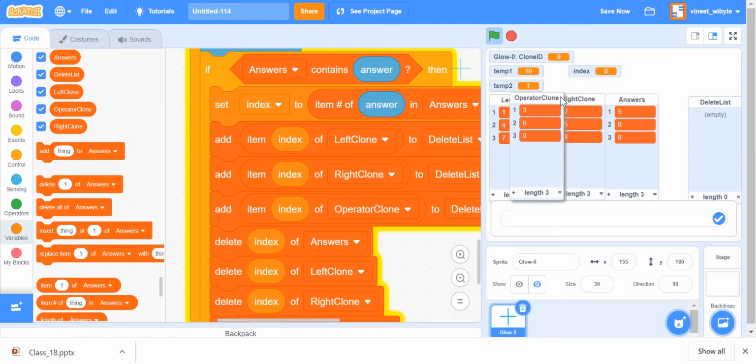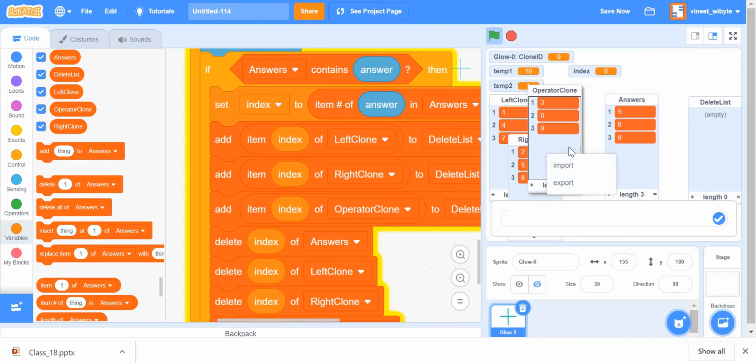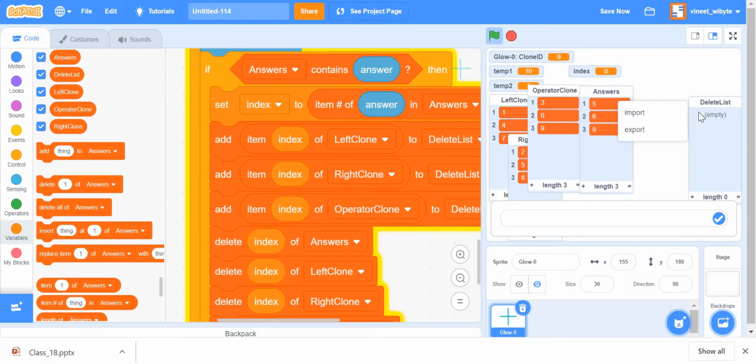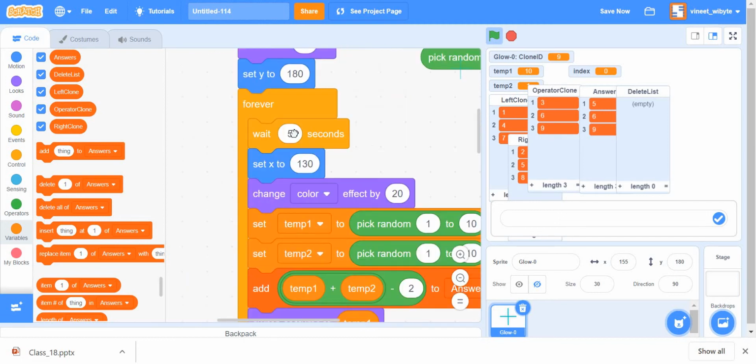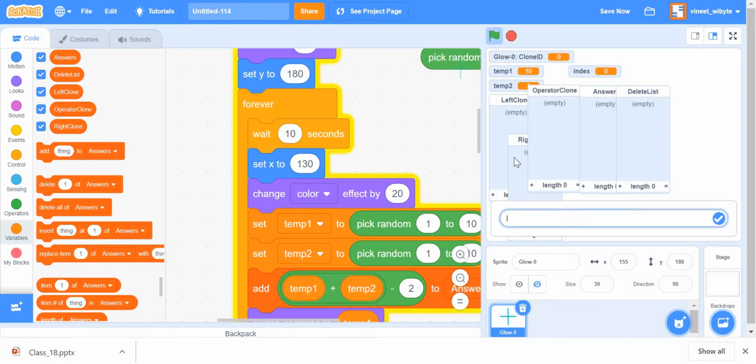Okay, and for that purpose, I'm going to have to put these lists in, it's a little bit clumsy, but okay, I think we can manage. Okay, probably something like this. So left clone, right clone, and answers, and the delete list can be placed somewhere here, right? So maybe this is fine. Yeah. Now also I'm going to increase the time of this thing so that we have some time to see what's going on in the code, right? I've set 10 seconds. I'm going to wait for 10 seconds. The first question is going to pop up there, right?